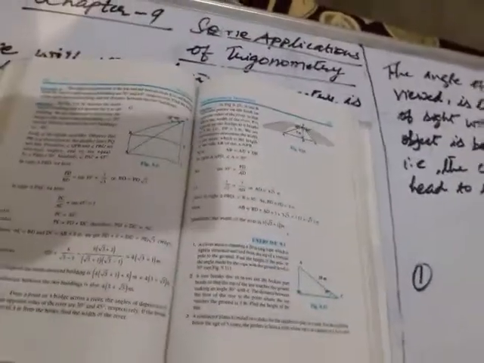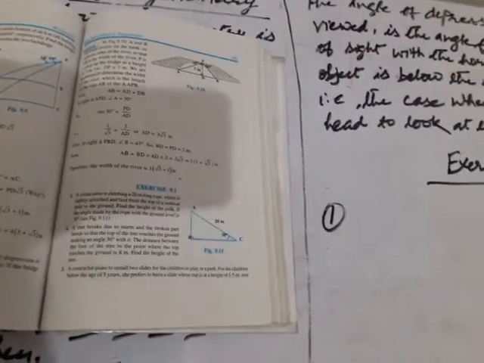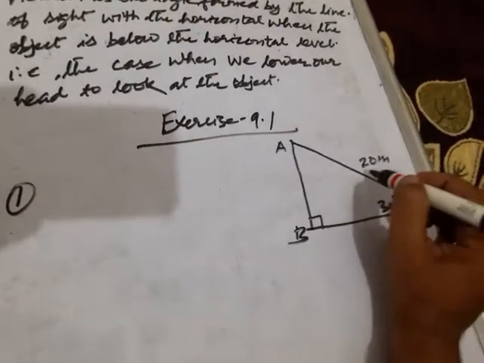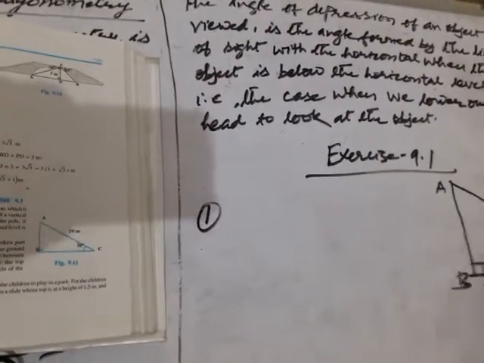Okay, this is the easiest question of the exercise. A circus artist is climbing a 20-meter long rope. All of you must have seen a circus, on a square crossing or in any gully or mohalla. See children, this is the 20-meter long rope. The circus artist is standing here, and he is climbing the 20-meter long rope, which is tightly stretched and tied from the top of the vertical pole.